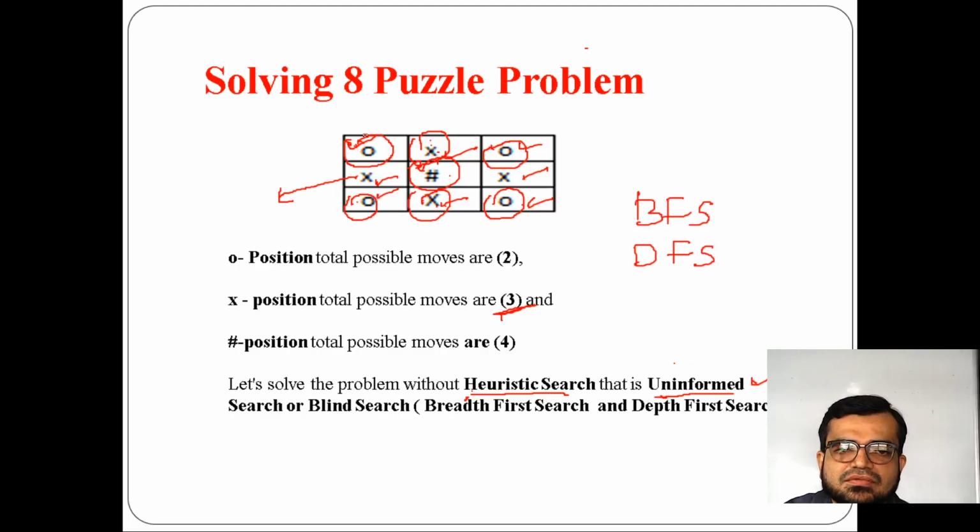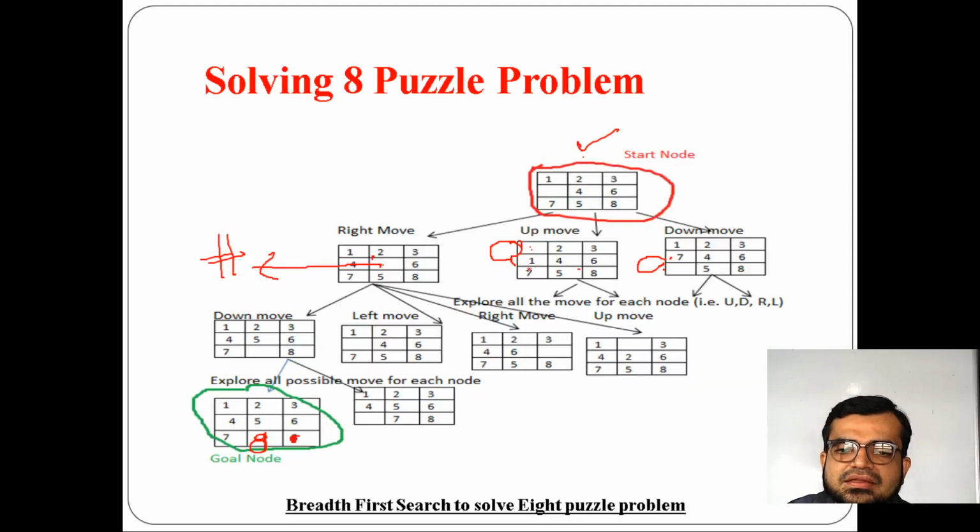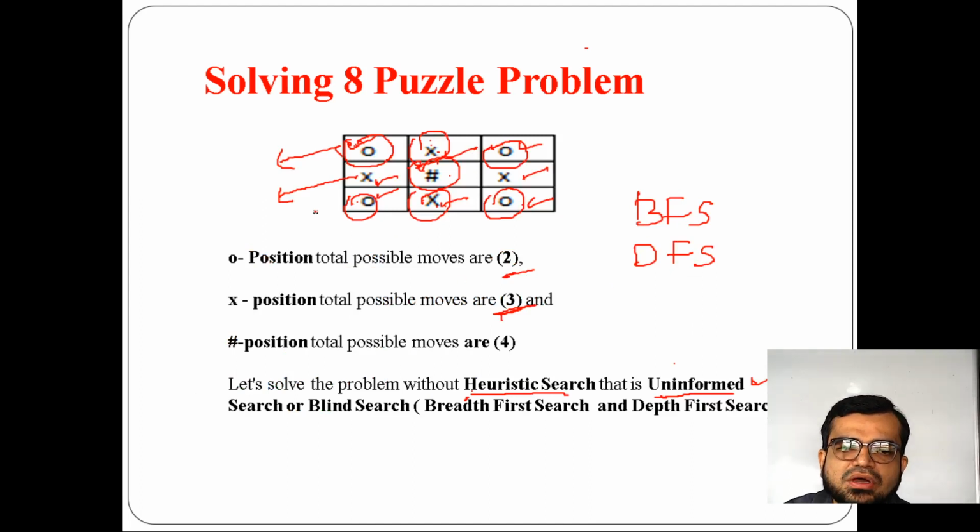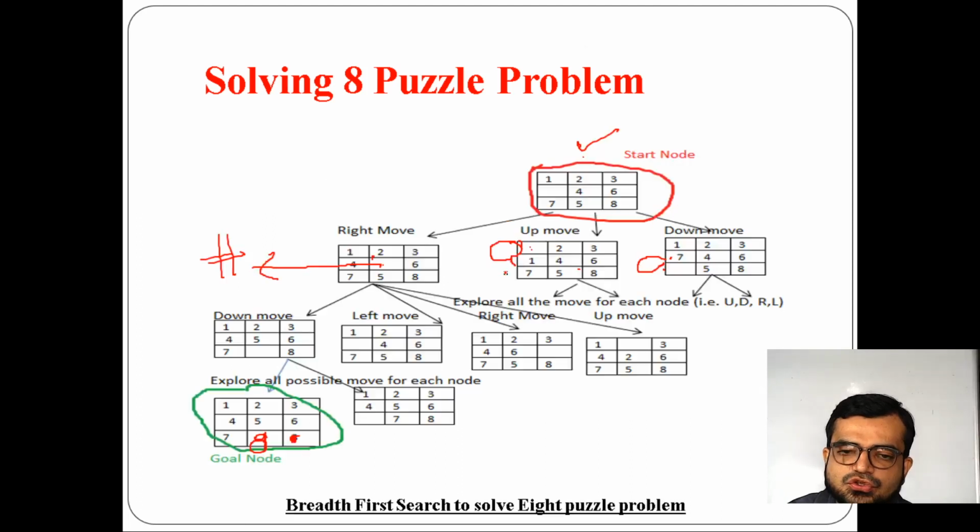Similarly, if you go to the next child, now if you see this position, of this position 0. So 0 means how many moves should I take? 2. So 2 means that's why it is moving only 2 nodes. Okay. So in this way, only 2 moves are there, and here down also is there. So down means again this one, 0. 0 means here again there are 2 moves. So here again it is taking only 2 moves. 2 moves means you can move either in the up direction or in the right direction.